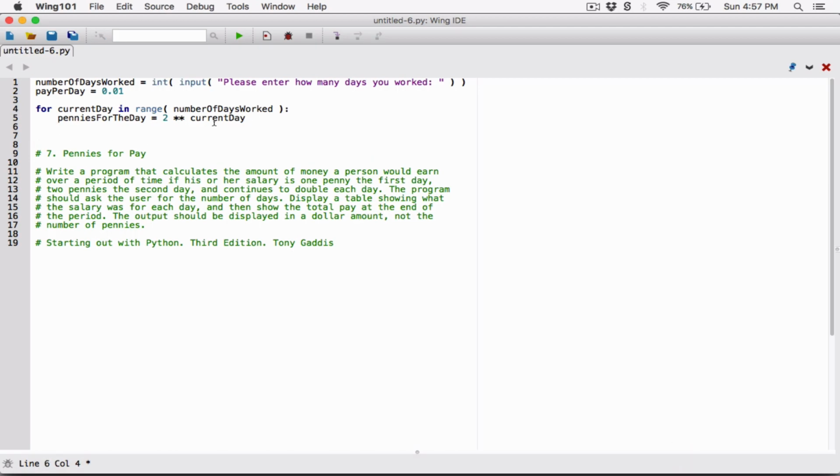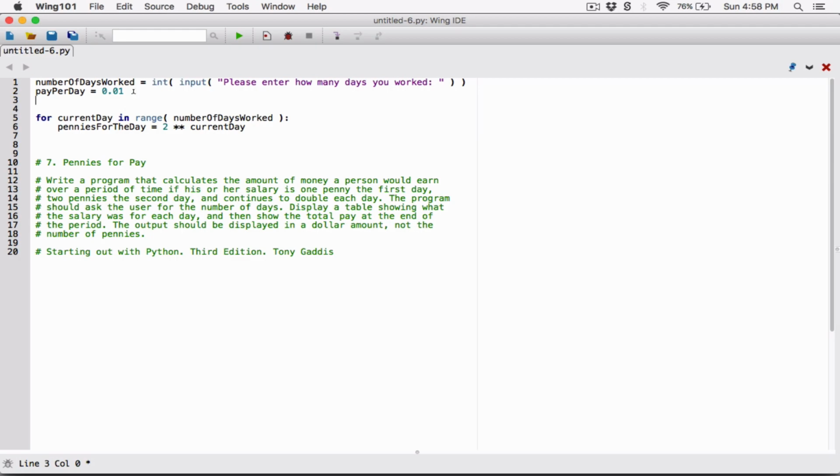Now we want to keep track of how many pennies the user had in total in all the days. When you add up all the pennies they made for each day together, we want to keep track of the total number of pennies. So let's go ahead and declare a variable up here. I'm going to initialize it to 0. Total number of pennies is going to be equal to 0. Now initially we don't have any pennies, so we want to go ahead and initialize it to 0 and add to it. So total number of pennies